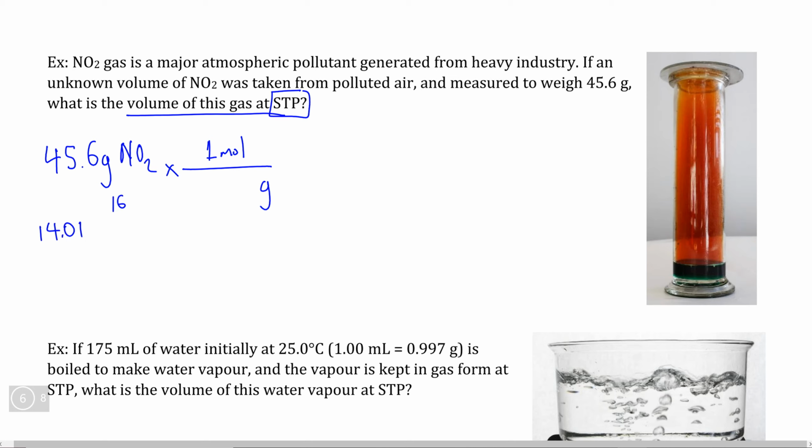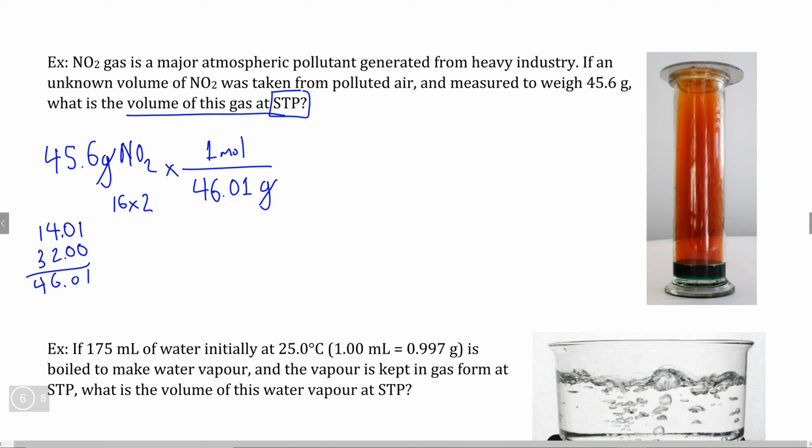And then we need 16 times 2 because we have 2 oxygen here. 16 times 2 is 32. And if we do some quick arithmetic here, we've calculated that the molar mass of nitrogen dioxide is 46.01 grams per mole. If we do this, this tells us the number of moles of nitrogen dioxide, but since